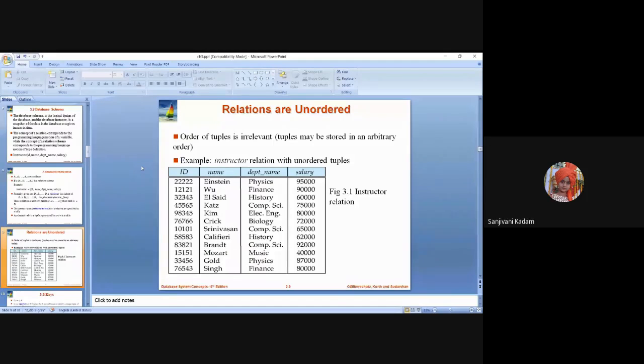The same instructor table we saw in the first figure is there. Example: instructor relation with unordered tuples. These records are treated as set elements. Consider that I say a equals, in curly brackets, 1, 2, 3. Okay, this is my set. Now in the same set, if I say that a equals 3, 2,